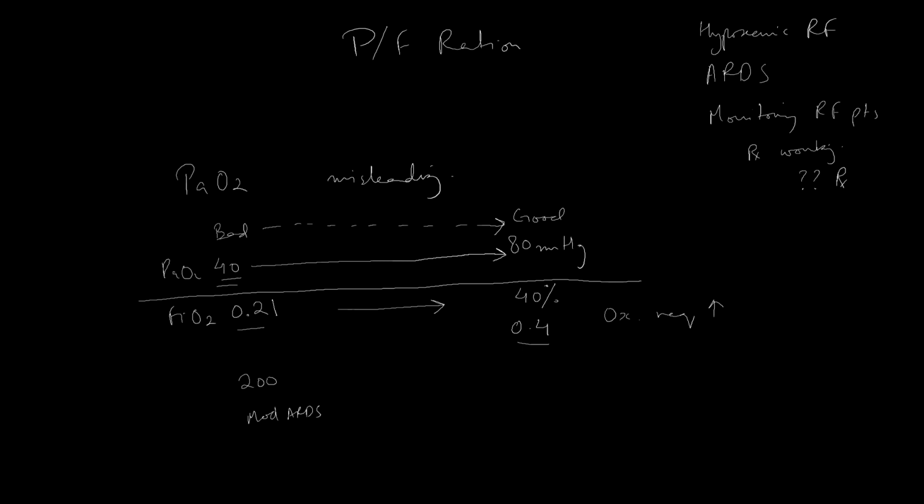So this patient, although his PaO2 has improved, if you check the patient's PF ratio it is still 200. So although the PO2 has improved, the increase in FiO2 shows us that the patient is still at the borderline of moderate ARDS. So this is where PF ratio helps us in knowing